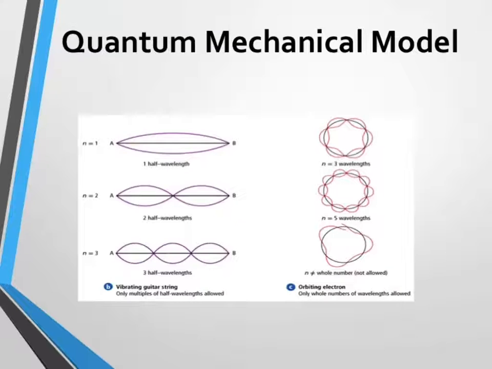So now, these aren't orbits. They aren't a set area. Rather than something like this, you have these little areas out here. Orbits are like the planets around the sun. What they're going to end up calling these are orbitals. Do not get those confused. An orbit is a set path. An orbital is not.